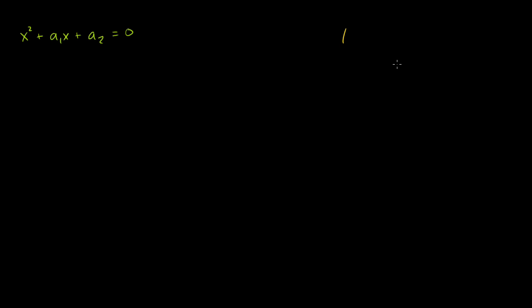So with that out of the way, let's think about what the sum of the roots of this are going to be. So this is a second degree polynomial. It's a quadratic equation. So it'll have two roots. They could be real or complex. So let's call the roots r1 and r2. And that tells us, since these are roots, that x minus r1 times x minus r2